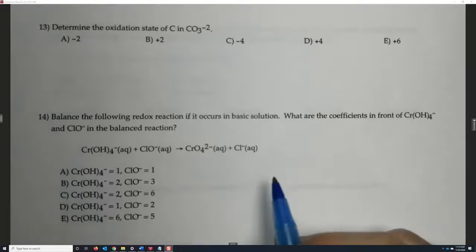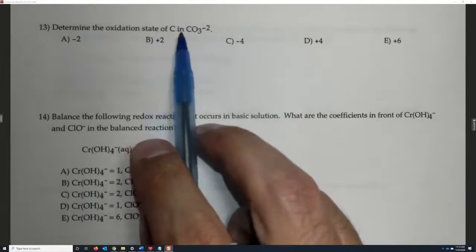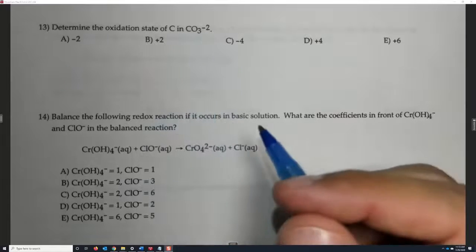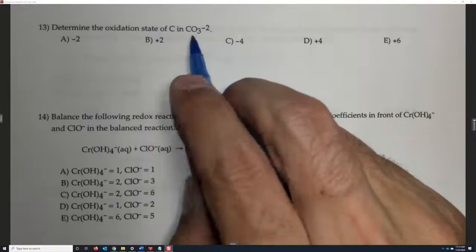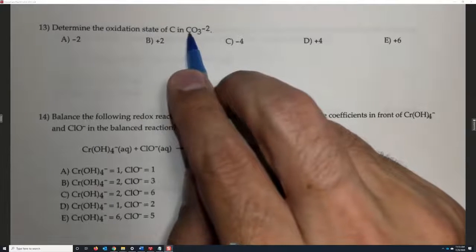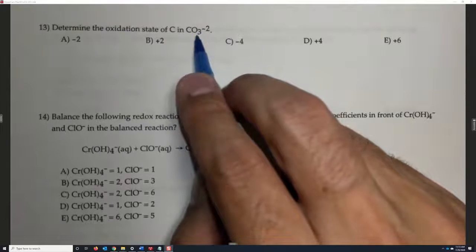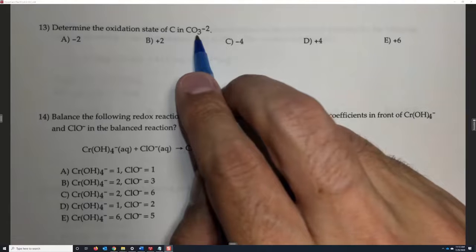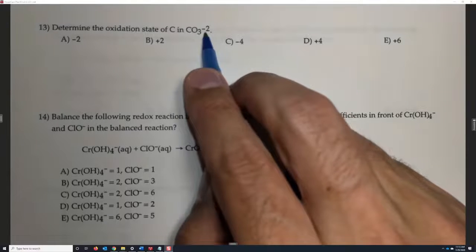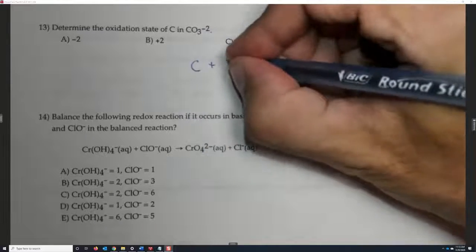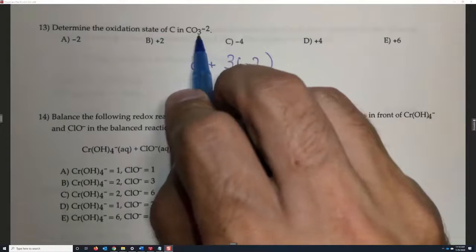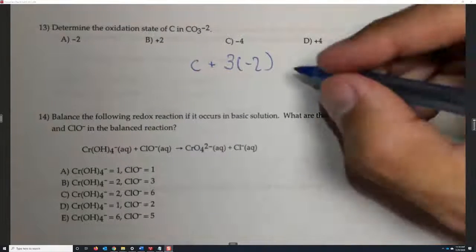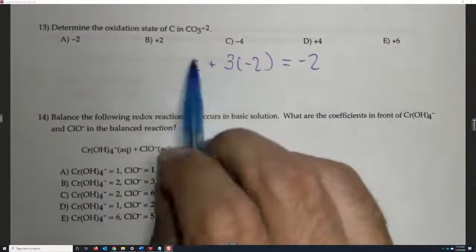All right, question 13 says, determine the oxidation state of carbon in carbonate, CO3 2-. So this is basically an algebra problem. We don't know the oxidation state of carbon in this compound, but we do know the oxidation state of oxygen in compounds is -2, and we know the overall charge is -2. So it's carbon plus 3 times -2, 3 oxygens, each with a -2 oxidation state, equals -2, and this -2